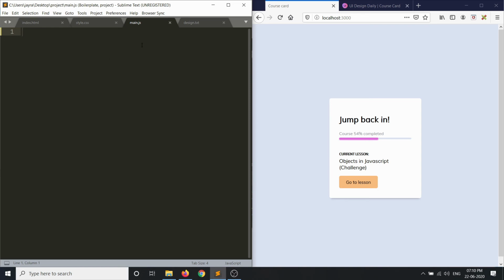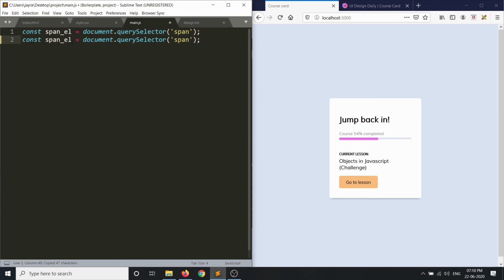To do that, we'll create two constant variables. The first one we'll just call span element, which we'll get from our document. We'll say document dot query selector, and here we'll say span. Okay, and after that, let's copy paste this and change the variable name a little.